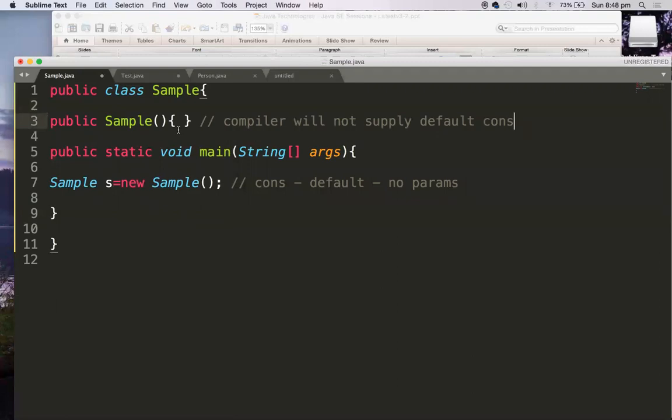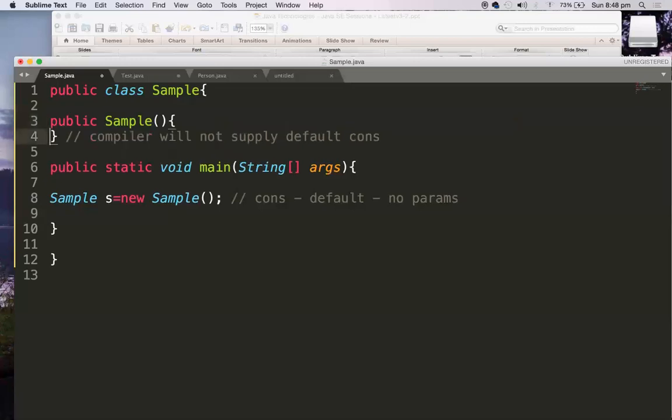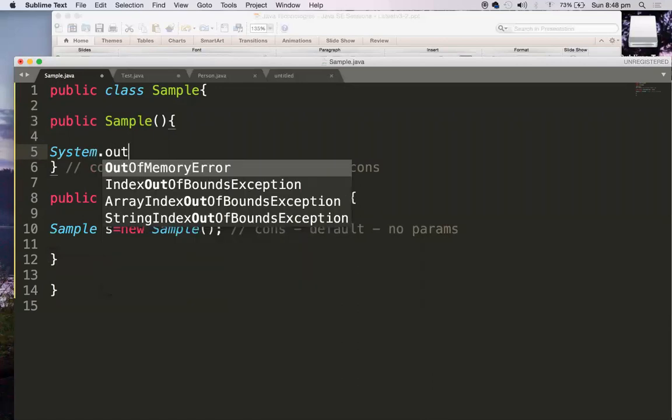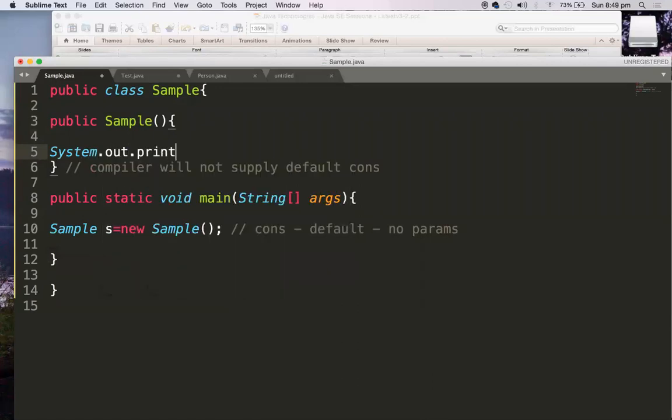So here, if you want to write any business logic, you can write it. What business logic do you want to write? System.out.println.